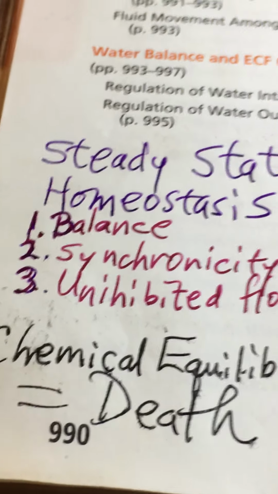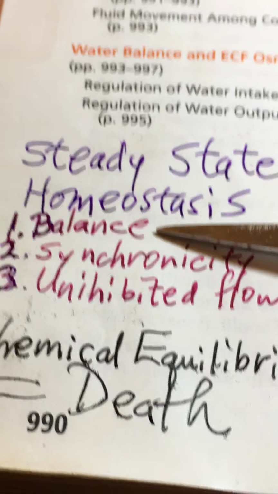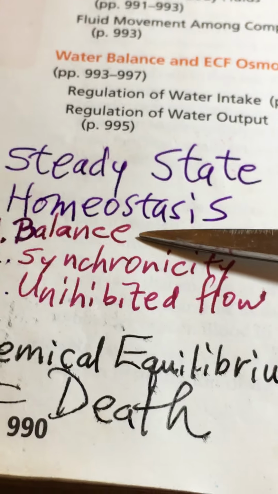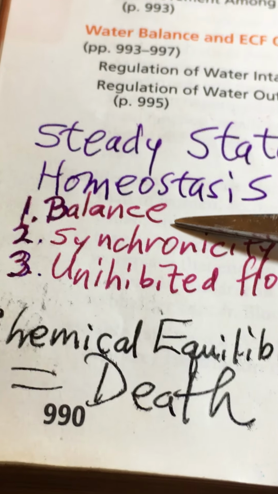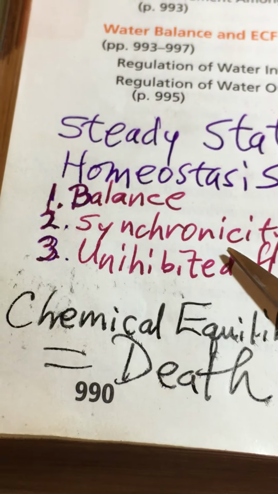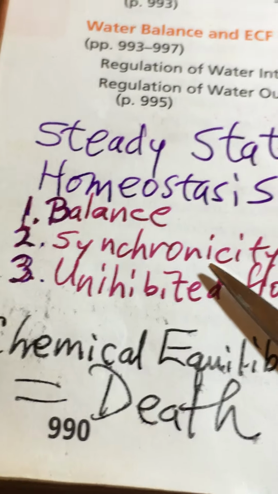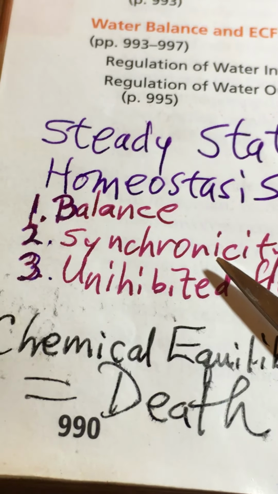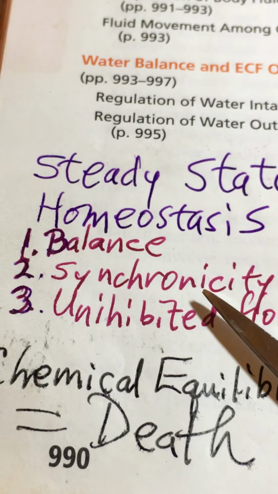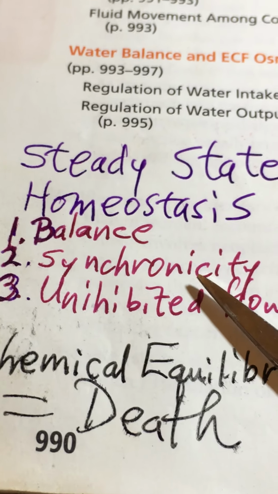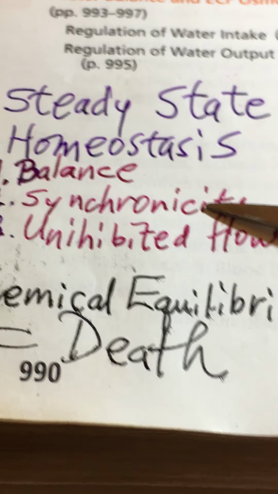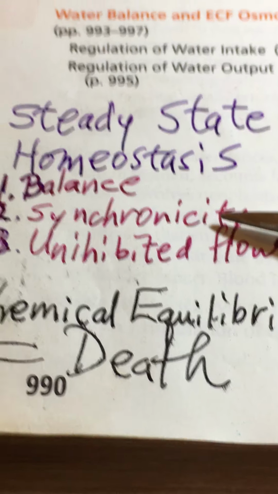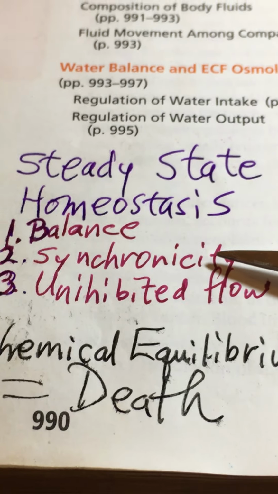We have balance, which is to say we need to have a certain amount of oxygen or nutrients of some kind or another, glucose, etc., at any given time in the blood. And so we're accomplishing that by synchronicity. So we're breathing in, we're breathing out, and we're maintaining a steady state of oxygen. And we're eating and also eliminating. We're sleeping and waking. There are many synchronicities in the body, including negative feedback homeostasis,